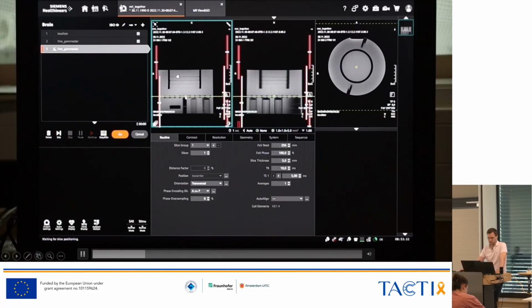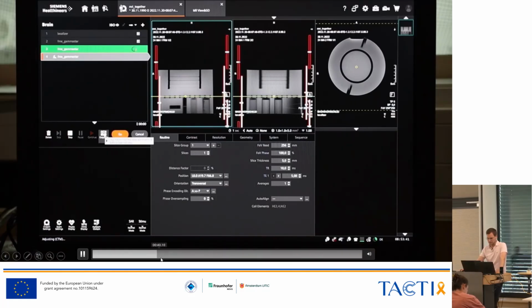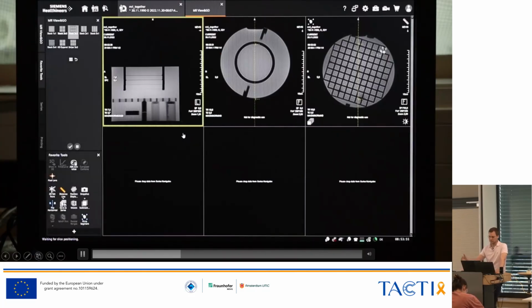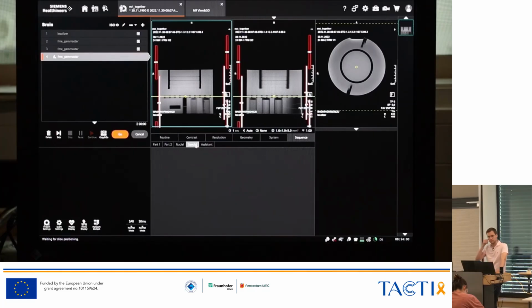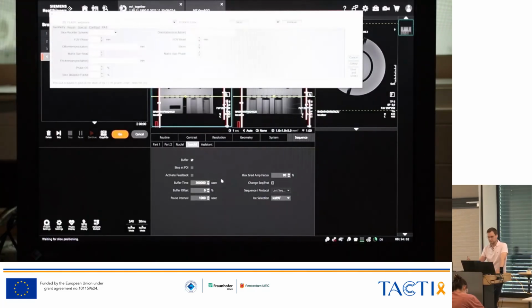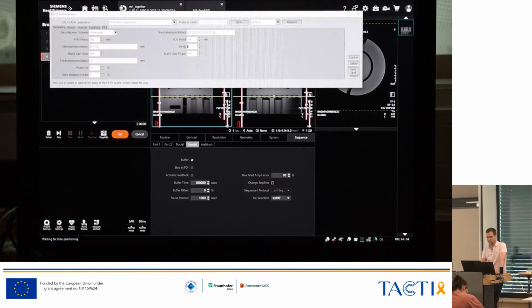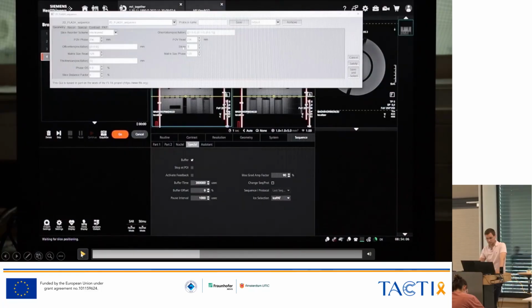So we can also use the whole UI of the MR system, so changing the position of the slice that we acquire. We wait for the adjustment, and we see that another slice position was acquired. So it's exactly the same workflow right at the MR scanner as you're used to with any other vendor-based sequences. The only difference is